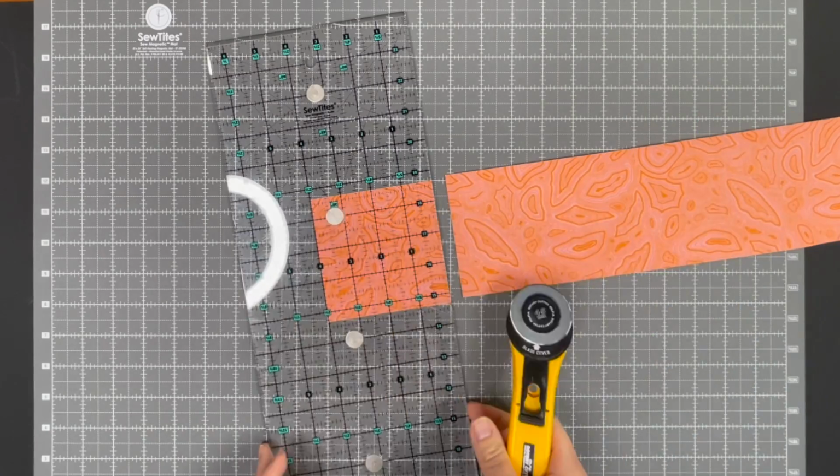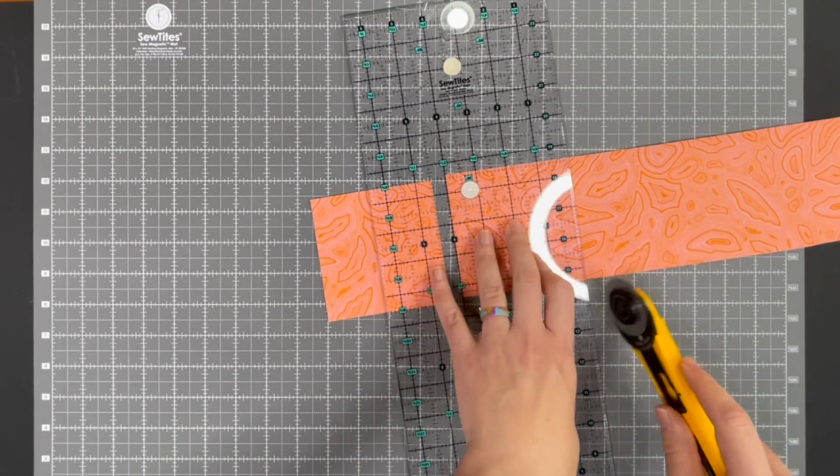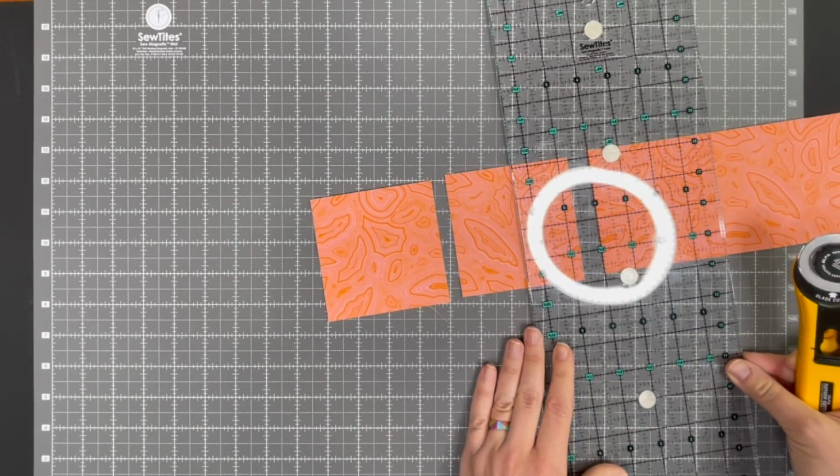Continue cutting as many squares as needed for the project you're working on,